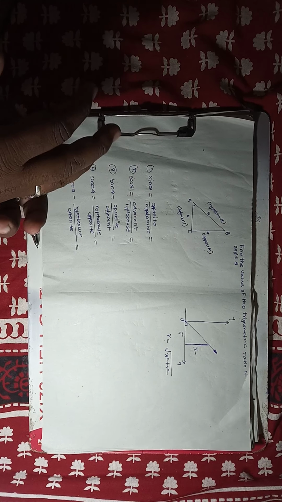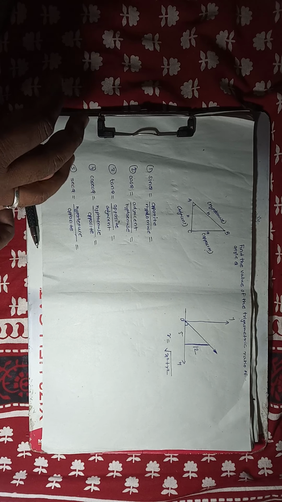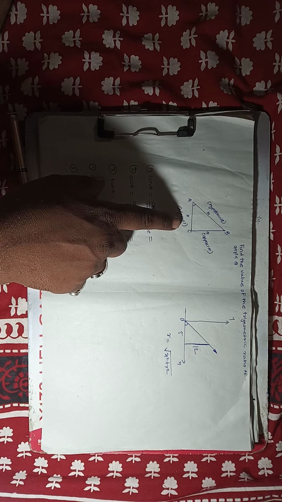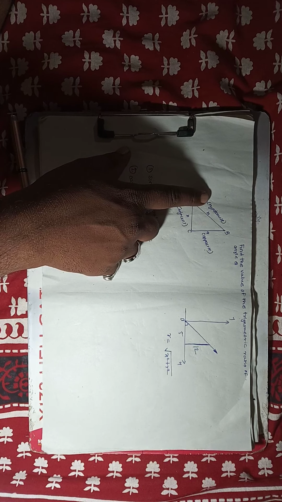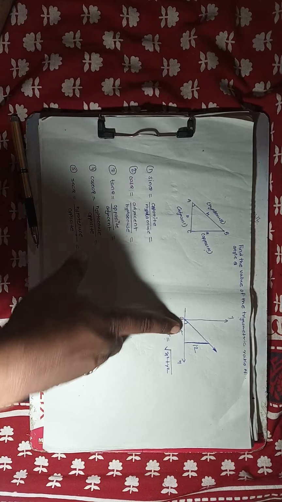Hello friend, today we will see how to calculate trigonometry ratio of angle theta. So this is the diagram. With the help of this diagram, we can come to know this is adjacent, this is opposite, and this is hypotenuse. So with reference to the diagram, I have drawn one more diagram.